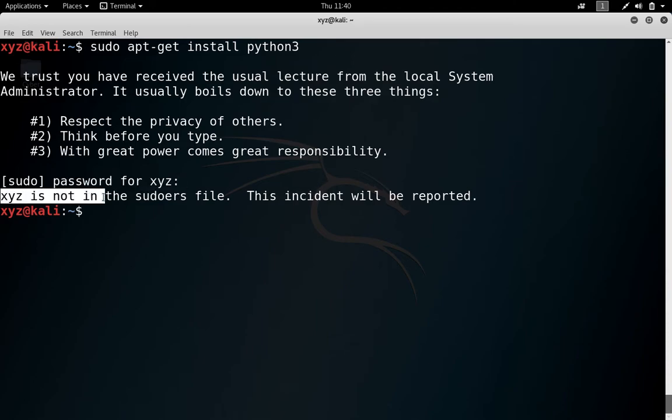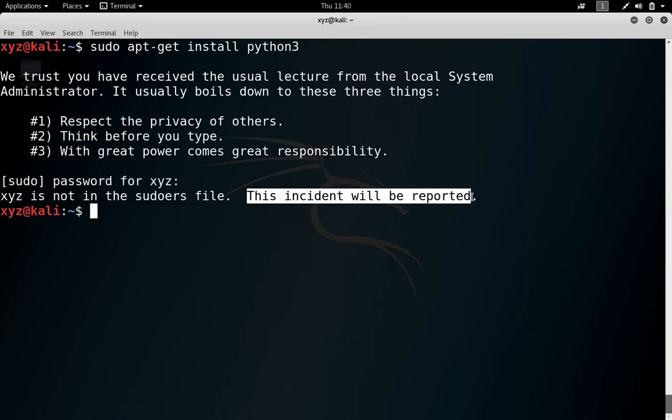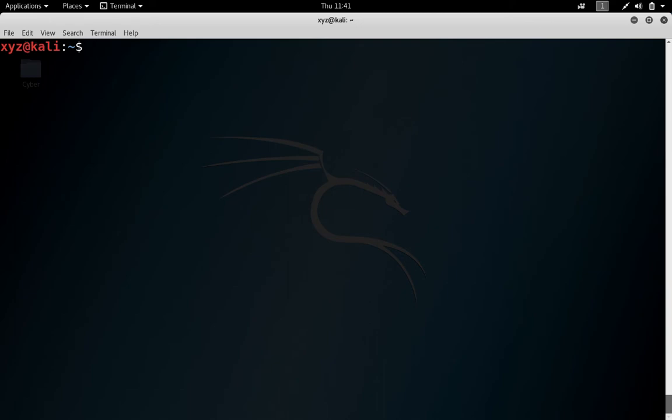Now it is saying xyz is not in the sudoers file, and this incident will be reported. So what does it mean? That XYZ is not a sudo user, which means it cannot perform some privileged actions. So what do we have to do? We have to add this user to the sudoers file, and that we are going to do in the next lecture.